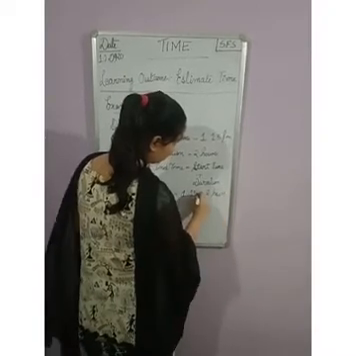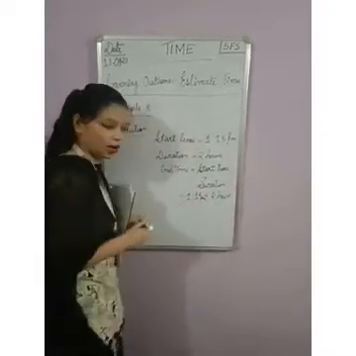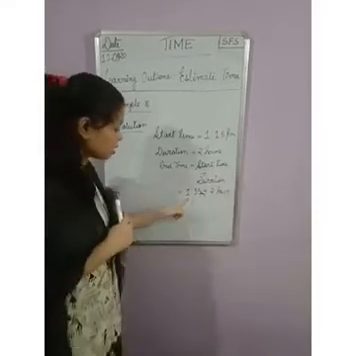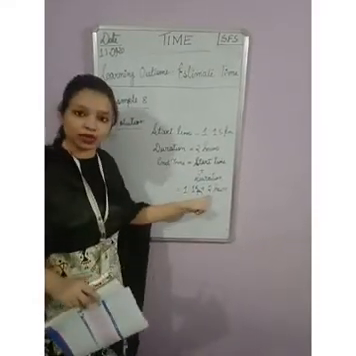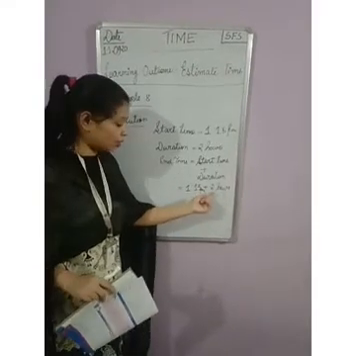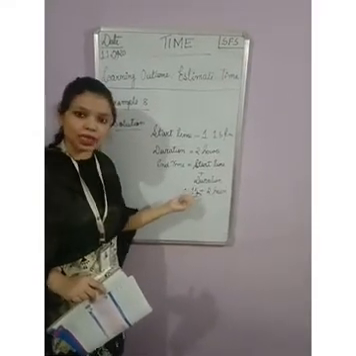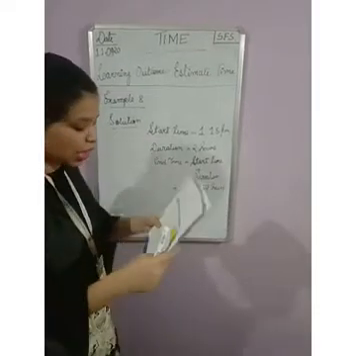Okay, 1:15 p.m. plus 2 hours. Now this 1 is hours and 15 is minutes. Here we have only hours, we don't have minutes. So we will add the hours and we will leave the minutes. So the answer will be